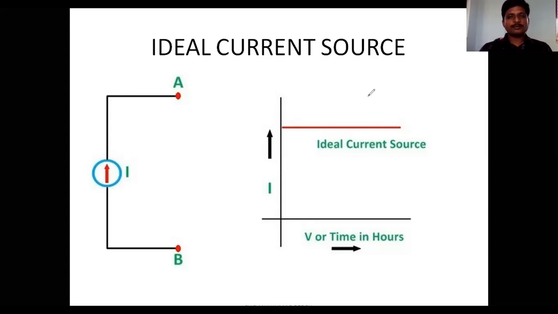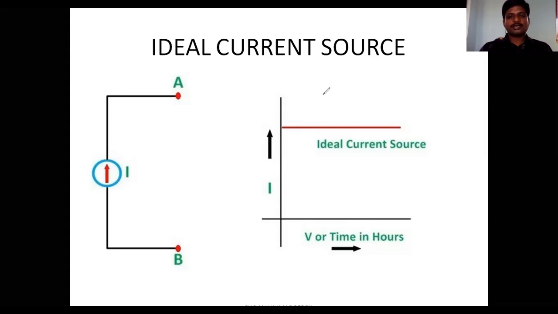It is also a concept that is introduced to get a better understanding about practical current source. So this is an ideal voltage source which is not realizable, and this is the VI characteristic for ideal current source. As you can see here, when you keep on increasing the voltage on the x-axis, the current supplied by the source is constant. There is no change in its value. So that is the VI characteristic of an ideal current source.